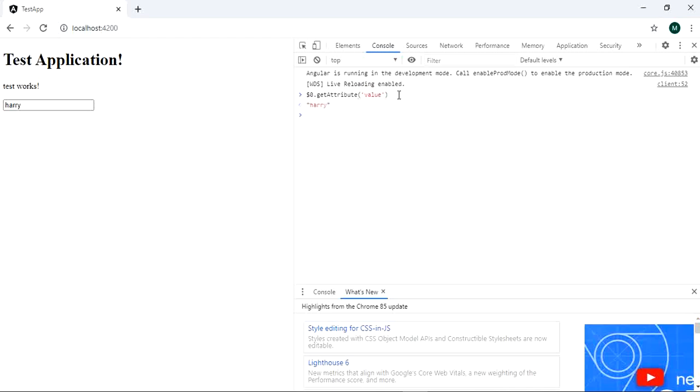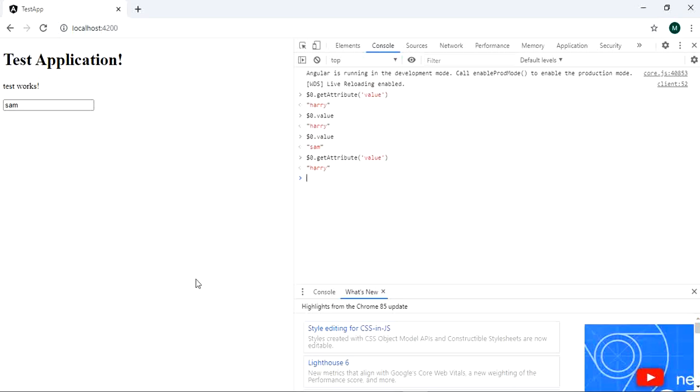So now this time attribute value is Harry and value is also Harry, but when I am going to change this to Sam, then what will happen? This particular $0 dot value is Sam, but attribute is Harry. So as I already told you, property can be changed, but attribute cannot be changed once initialized.